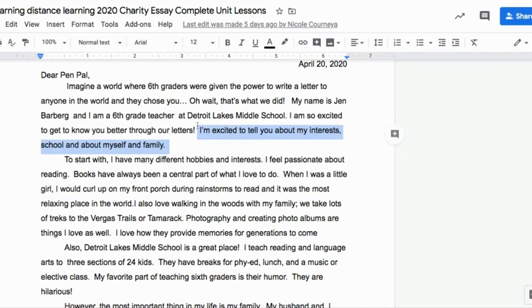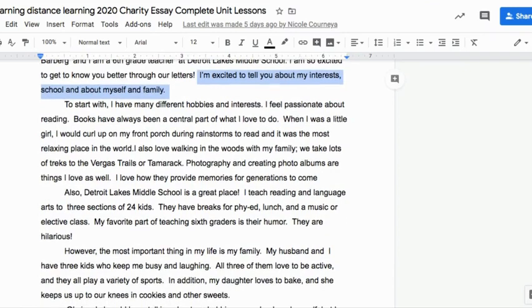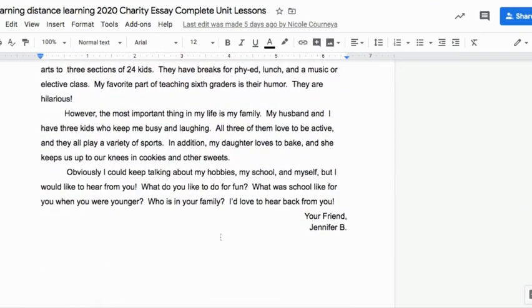We've got those parts of an essay in this letter as well. So we had our introduction, we had some, maybe we'll call these kind of supporting details, right? Or information that she's giving, introducing herself and letting her know that she's excited about this. And then you end that paragraph with your strong thesis statement. Here are the three things I'm going to talk about. Right? So that's your introduction. Then, of course, you guys already have your body paragraphs made. That's what you've been working on. So I'm going to skip to the conclusion.